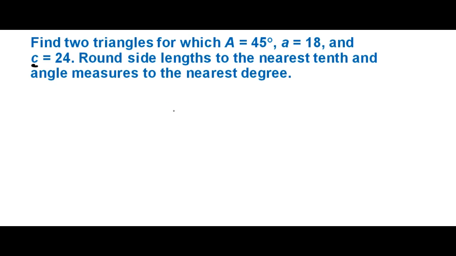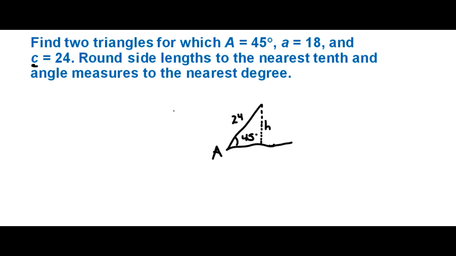All right, let's take a look at what happens when you are given an angle of 45 degrees, and you also know that one of the sides, specifically the one opposite to that angle, is 18, and we also know that the other side given to us is 24. So if we take a look at the height here,